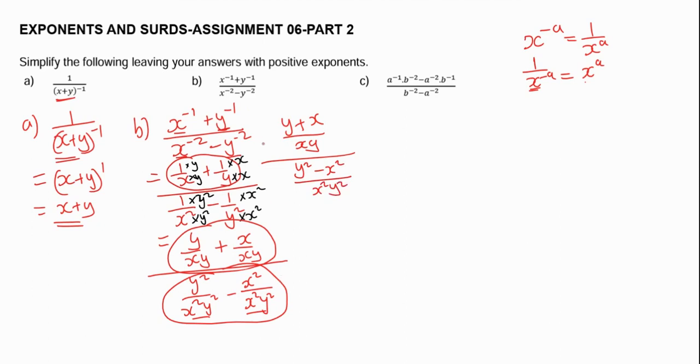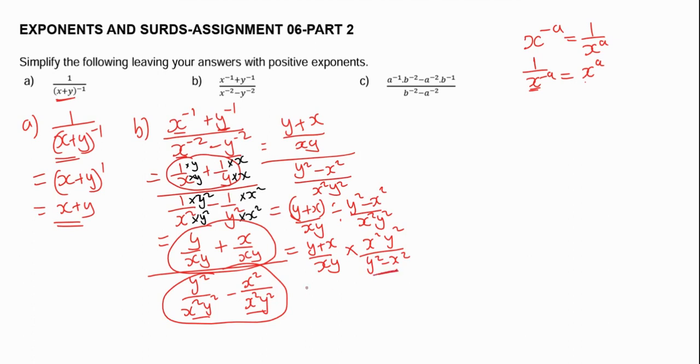Right? Usually I write this thing like this. I find it easier, but people do it differently here. Okay, right? So what you do, you can say y plus x over xy, then divided by y squared minus x squared over x squared y squared. Then times y plus x over xy times x squared y squared over y squared minus x squared. Then you can see difference of two squares here. So it becomes y plus x over xy,